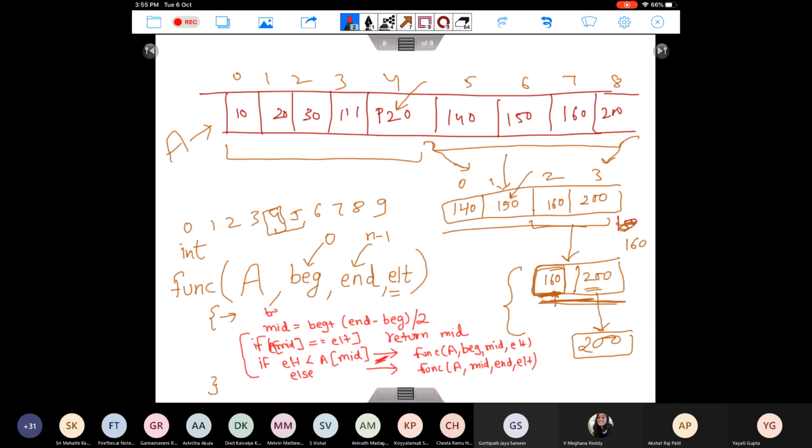You should notice that your beginning becomes equal to end when you have just one element. So if your beginning equals end, you just check this location A of beginning. If you find your element here, you can return that location. If you do not find your element here, you can return -1, stating that I haven't found the element. Any doubt still here?